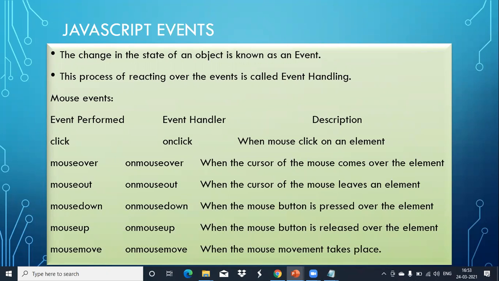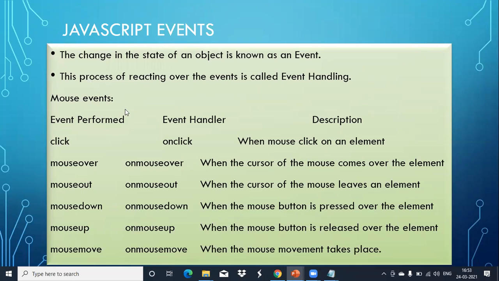So that is on click. It is not always clicking. See, when I type something, when I use a keyboard key, when I double click on something, then also some event should happen. So how will we perform those events? We have all these built-in functions, or these attribute event handlers. Using that, you can implement event handling in JavaScript.